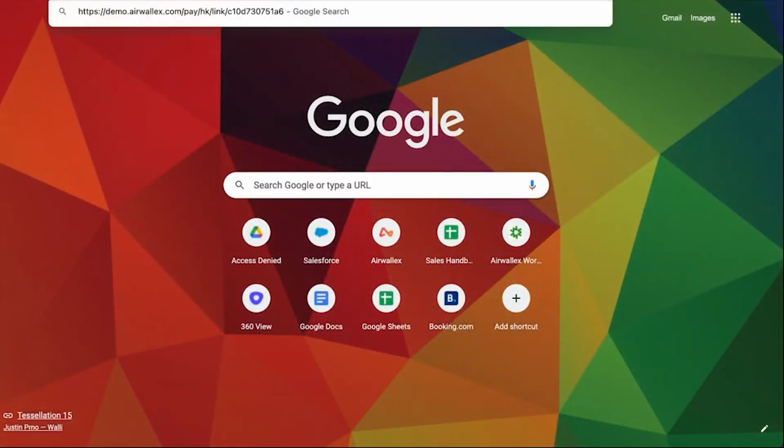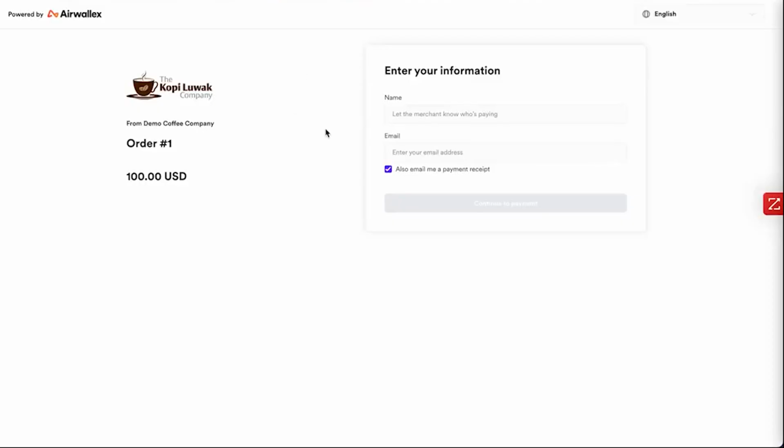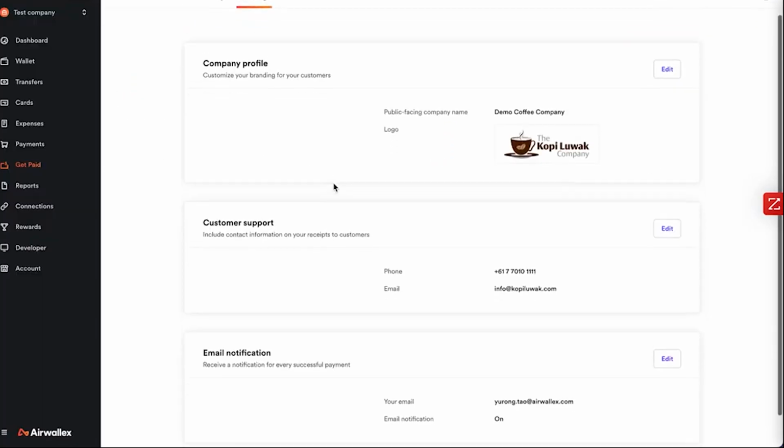When your customer clicks that link, look at the customer view. They can pay via credit card, Apple Pay, or Google Pay. It's a frictionless checkout experience that makes you look like a Fortune 500 company, even if you're a team of